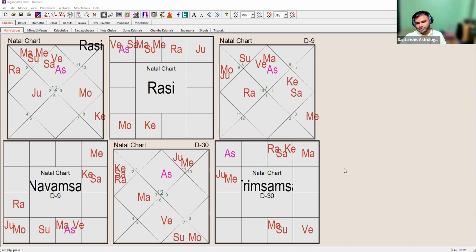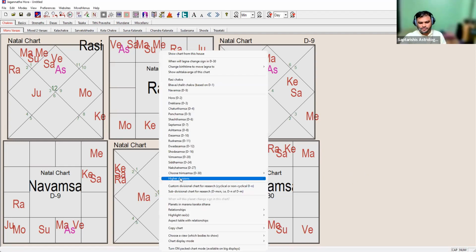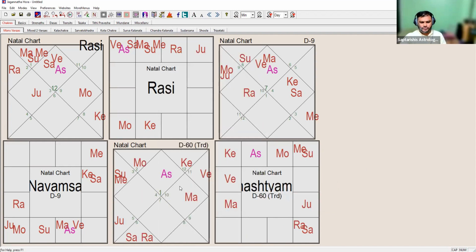Why? Okay, so let's go to D60 directly. Otherwise, we can check D40, D45. Maybe it's a previous karma or what. Let's go into that area. D60 is enough for us right now. So here Lagna is Aries. Now the BTR people, those who are interested in BTR, in this chart BTR is needed.